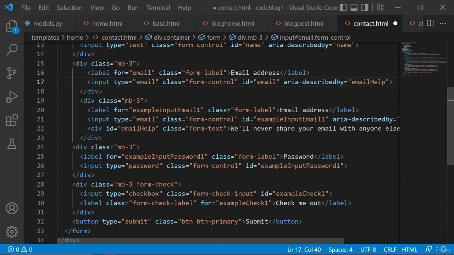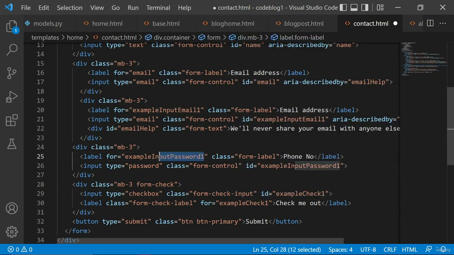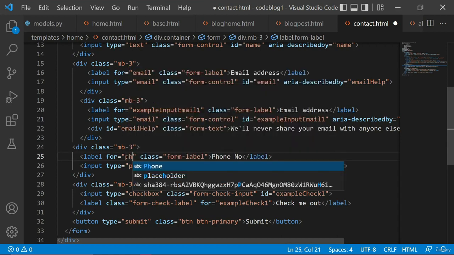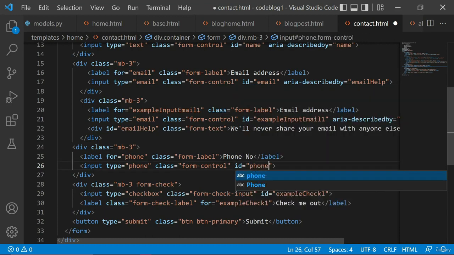And we have to add the phone number as well. So I will just here do phone, and we're renaming this as well to phone. Type of this, adding the type as phone. Similarly, we're going to be changing the ID as well to phone. And I think we also need,